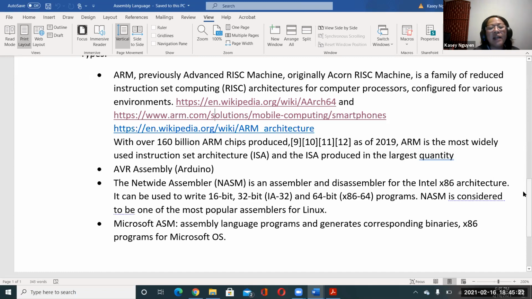C, but at the assembly level, it's called AVR. And the Netwide Assembler, NASM, is often used for web browsers. I know that there are some companies that hire developers to write assembly language for search engines, browsers, etc. And also, you would see other higher level languages as well. But NASM uses it. You can have 16-bit, 32-bit, and 64-bit programs, and it's considered to be the most